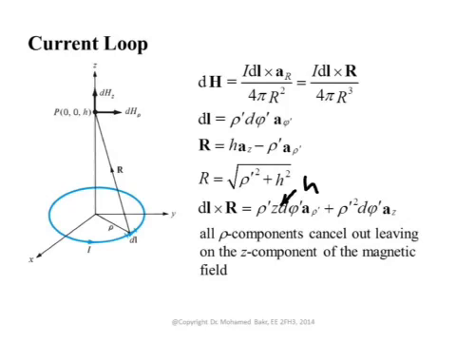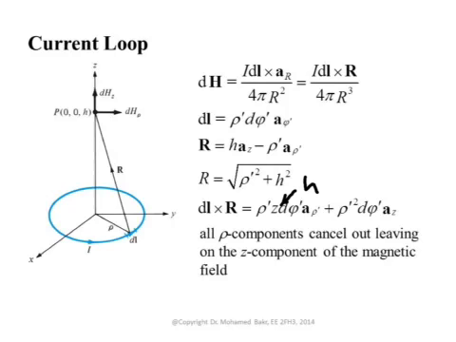Now the same thing will happen. You multiply a phi' cross a rho'. A phi' cross a rho' will give you minus a_z, and so you get rho' squared d phi' in the negative z direction, but there is a negative sign, so it becomes in the positive z direction. Now really, the magnetic field components in the rho direction cancel out,